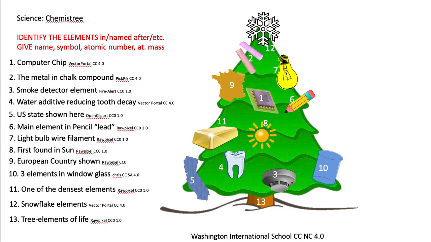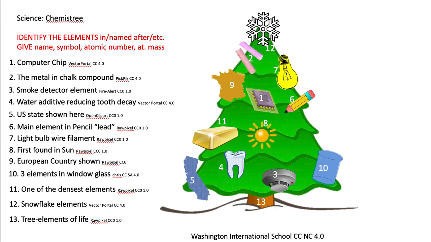those, which will be elements. You can identify them and give the name, symbol, atomic number, and atomic mass, and it's worth looking up where they are on the periodic table. So it goes through computer chips, metal in chalk, marble, limestone, smoke detector element, water additive reducing tooth decay, the US state shown here, the main element in pencil lead, light bulb wire, the filament, an element first found in the sun spectroscopically,